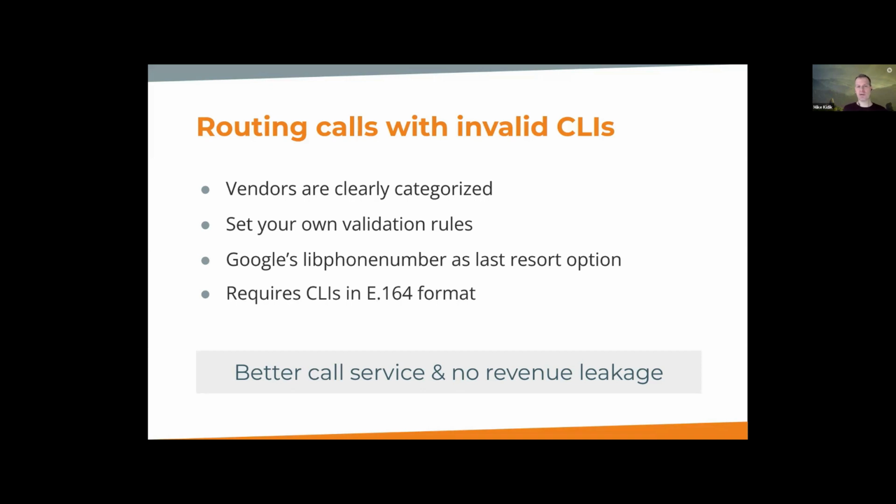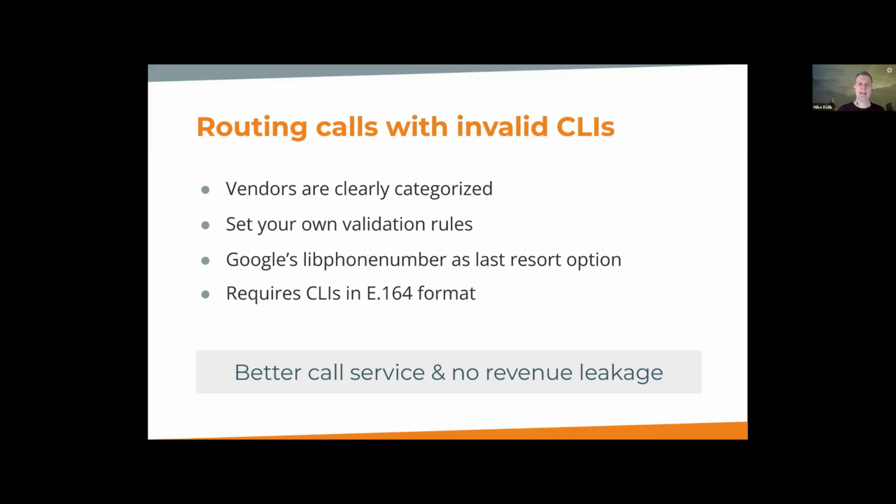Obviously, in order to do proper validations, CLIs have to be in some recognizable format. So as usual, PortaOne recommends to have numbers inside of the platform in E164 format, which means that when the call comes from a customer, you should apply a dialing rule to convert not only the dialed number, but also to convert the CLI. And then the system would do the processing,